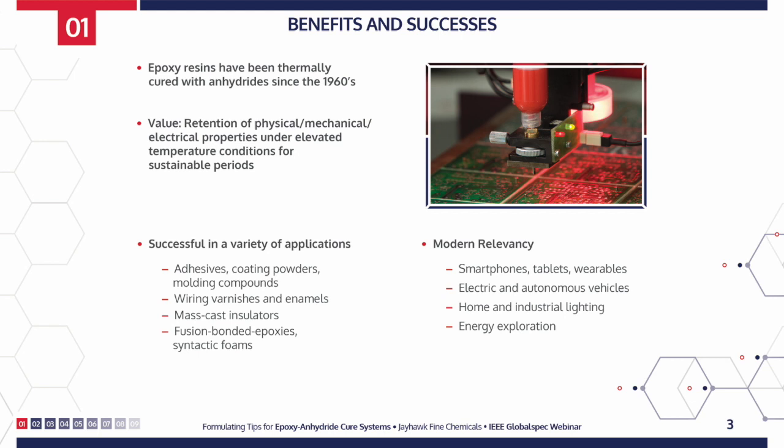And the value that they've demonstrated is their ability to retain certain physical, mechanical, and electrical properties under high temperature conditions for long periods of time. And where this has worked the best is a variety of electrical applications, as you can imagine. Different formulations such as two-component adhesives, coating powders, molding compounds for all types of small electrical circuitry and devices, wiring varnishes and enamels for electric motors, mass cast insulators, so inorganic filled polymers that are used as insulators for overhead